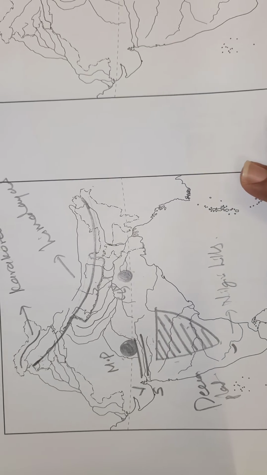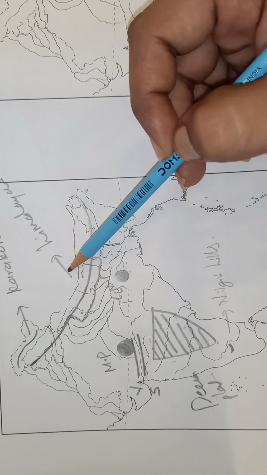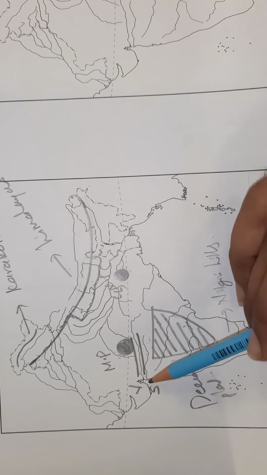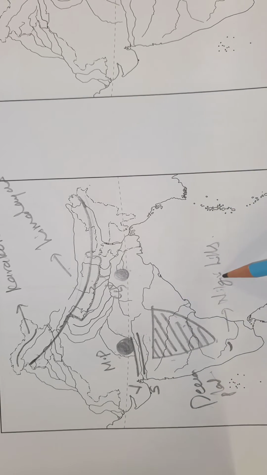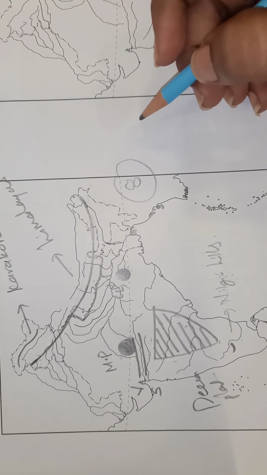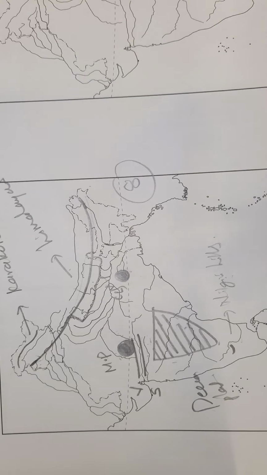So even on this map we have completed the next 8 things. First Karakoram, second Himalayas, third Chota Nagpur plateau, fourth Malwa plateau, fifth Vindhyas, sixth Satpuras, seventh the Deccan plateau, eighth the Nilgiri hills. One more set of 8 things we have done. So we have completed 24 things till now. We'll move on to the next 8 things and we'll take a new map.